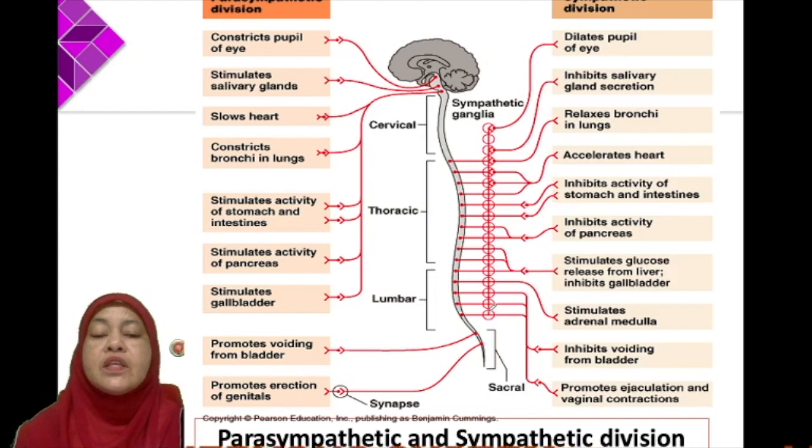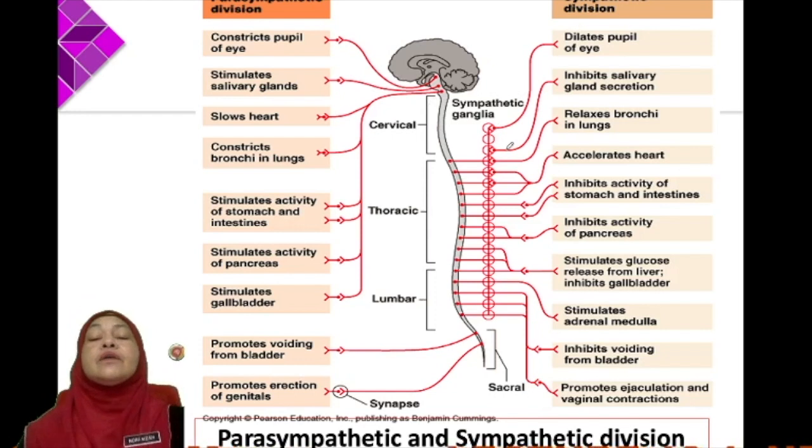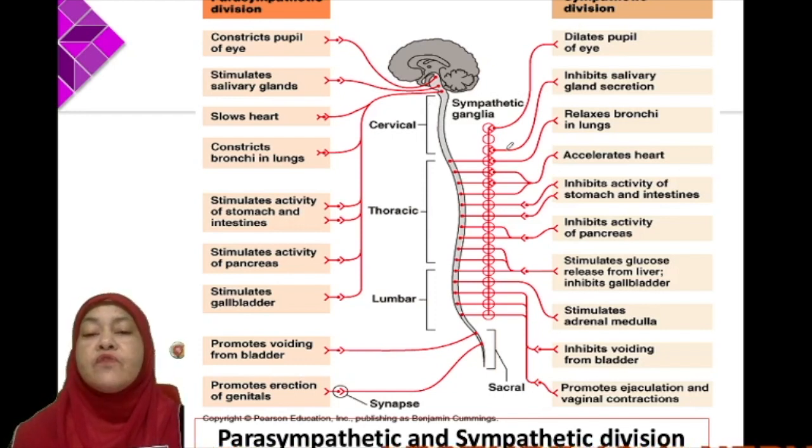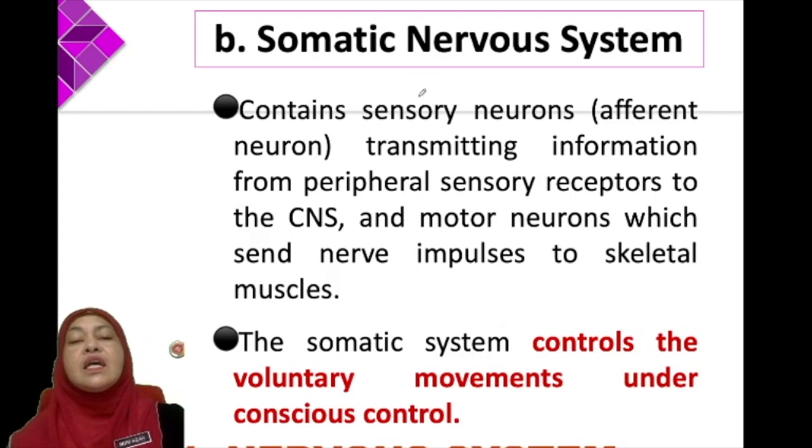Okay, this is the whole diagram to show how our CNS, our brain and our spinal cord, and also our PNS, which involves the preganglion and the postganglion, are grouped under the sympathetic division and also the parasympathetic division. Okay, so last but not least,